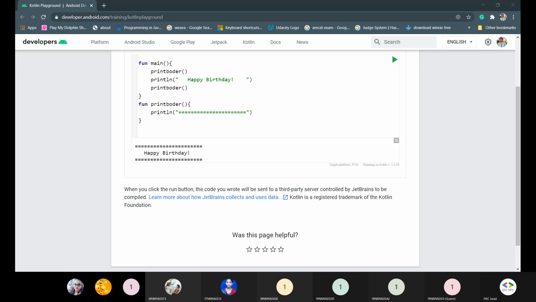Suppose here we have been keeping this many equal signs to form a line. Instead of that, if we use the repeat function, suppose we want to repeat this line 23 times or 24 times. If we do it like this, then by using this repeat function, those lines will be repeated